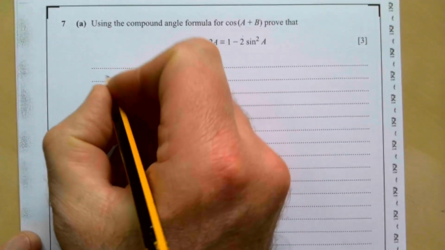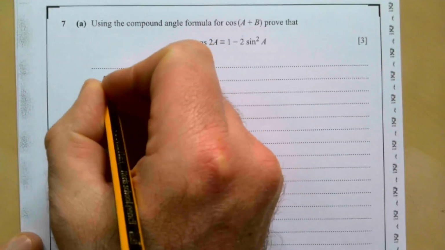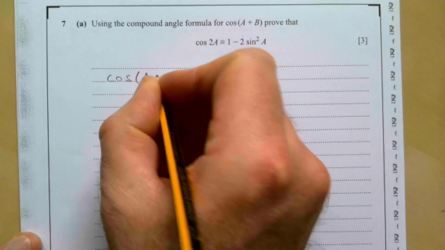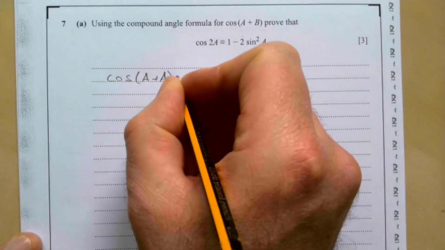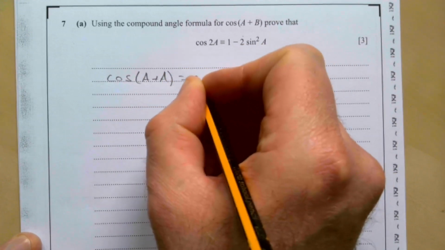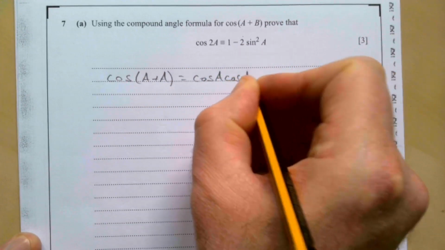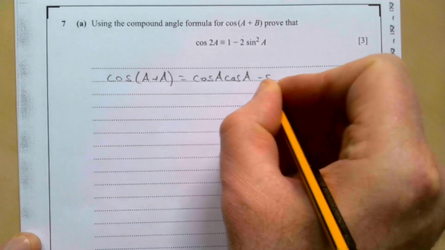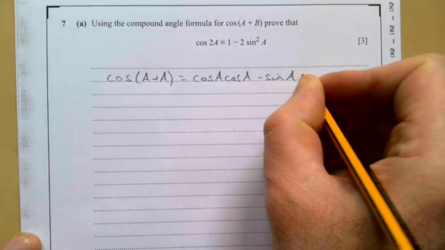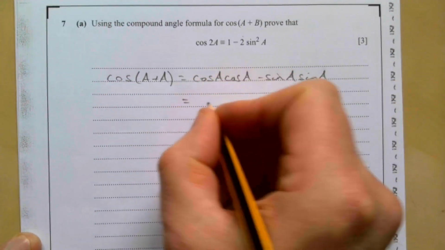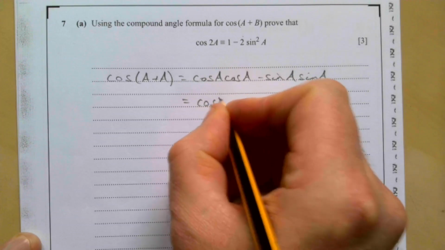So we simply need to expand out our cos(A+B), and we're going to change it then to A plus A. So that's going to give us then cos A cos A minus sine A sine A. So that tidies up then to give us cos squared A